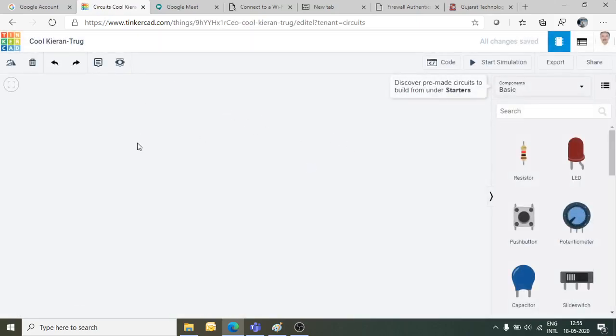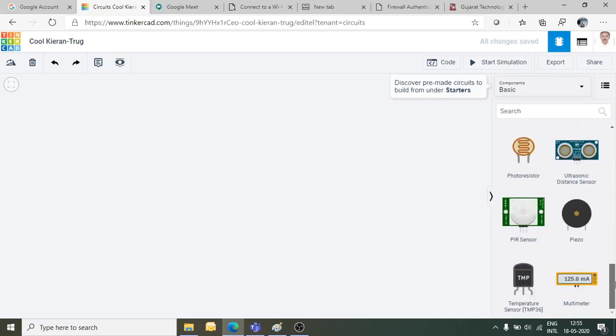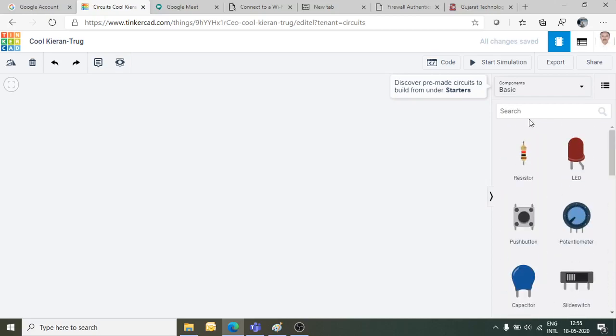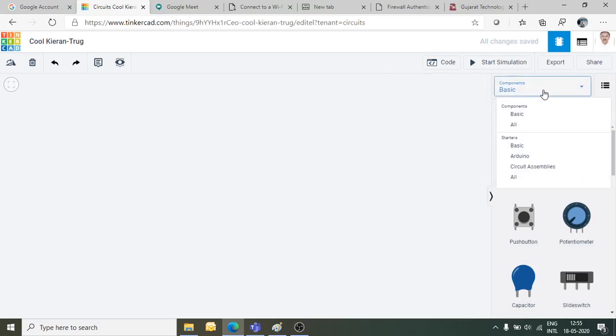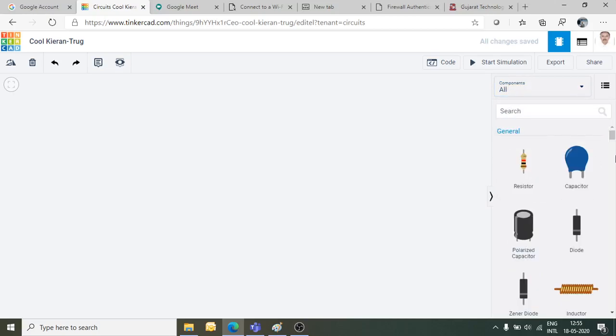Whenever you create a new circuit, on the right side you will get different electronic components. These are all basic electronic components, so you can select basic components from here. If you click on all components, then all will be shown.